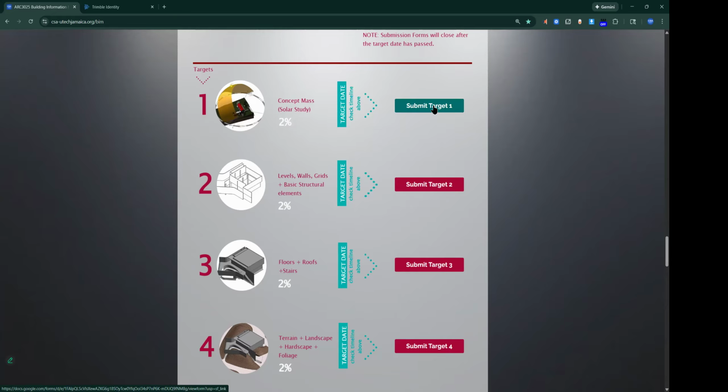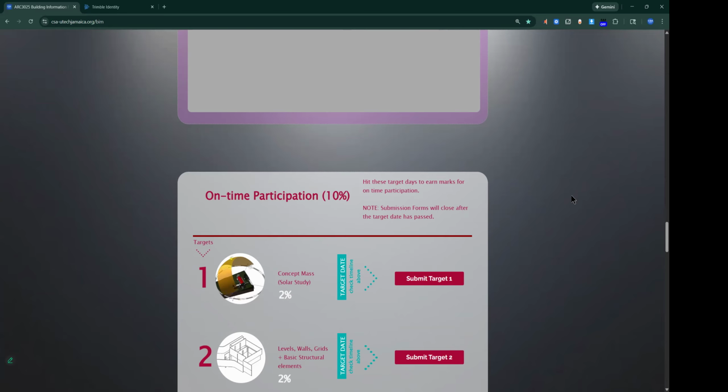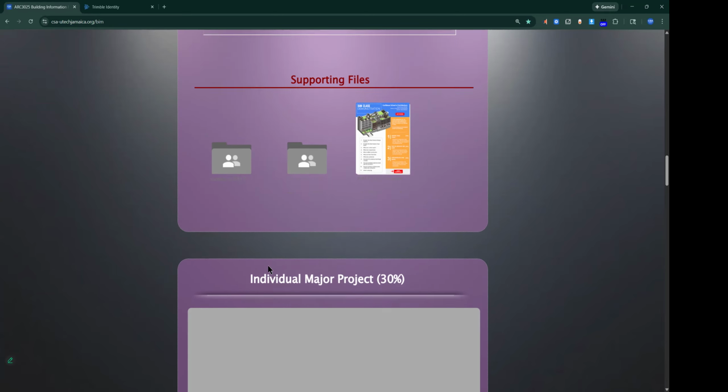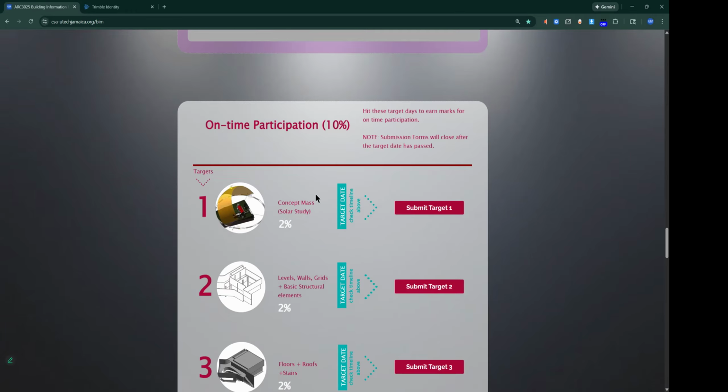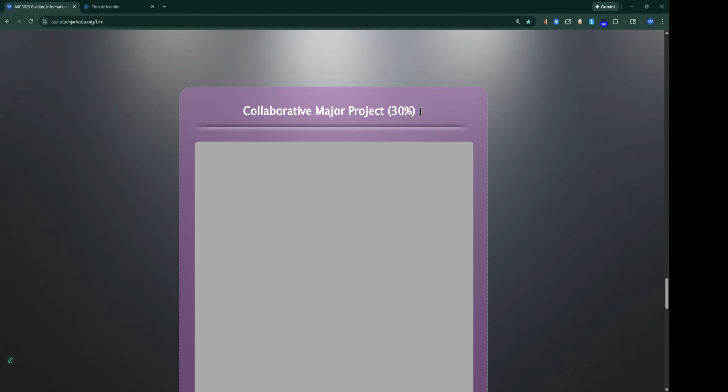Now, remember, when you submit your major project, the whole project is 60%. It's divided into individual and collaborative, each valuing 30%, so together it values 60%.